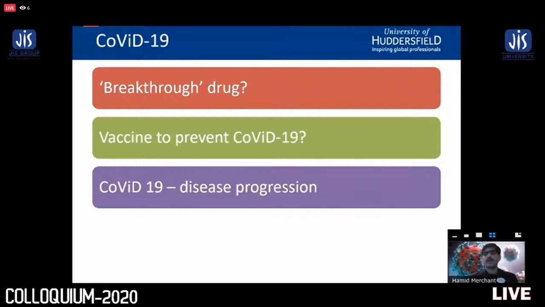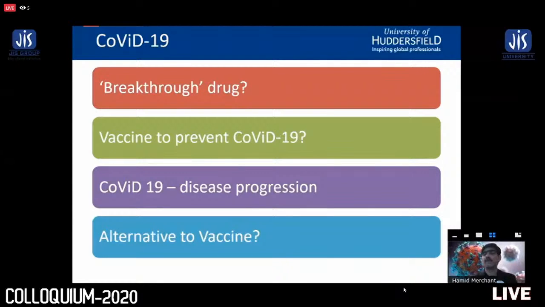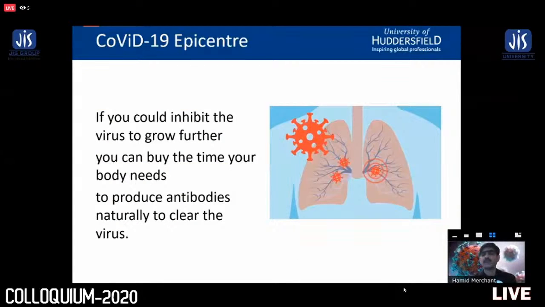The disease progression is quite interesting and it's quite alarming as well. Many people are progressing to the moderate to severe disease, which is causing serious issues with the healthcare system capacity across the world, and inability to manage severe patients within the hospital, and absence of a breakthrough drug to treat the disease. The number of patients dying is really significantly high, and there is a need for an alternative approach to the vaccine which could control the pandemic. So the idea behind this particular talk or the strategy is to provide an alternative until we get a confirmed treatment or we